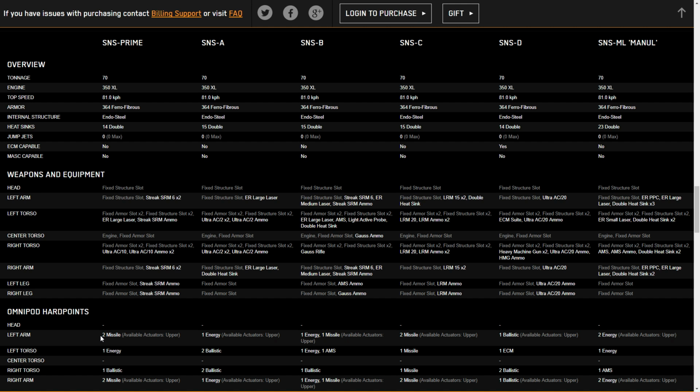With the Prime, we have 2 missile in the left arm. The A has a single energy in the arm, and the B has energy and missile in that arm. In the left torsos, we've got 1 energy, 2 ballistic, or 1 energy. And the right torsos, 1 ballistic, 2 ballistic, 1 ballistic, so just ballistic right torsos. And right arm is 2 missile, 1 energy, or an energy and a missile. Now what you can do with those available